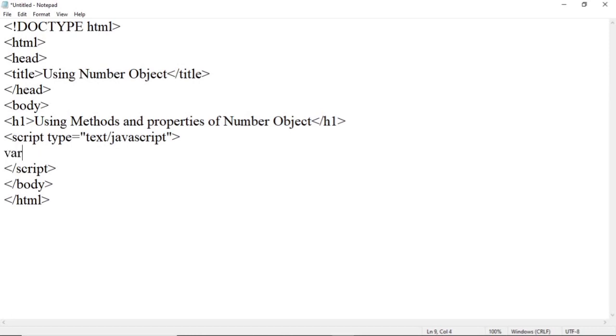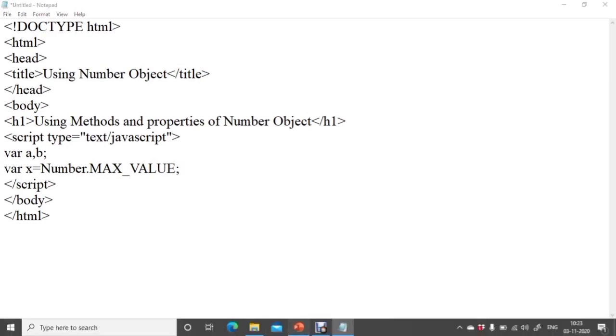First of all, let us declare two variables a and b, and to retrieve a maximum number and minimum number, let us declare two variables x and y. Where x is equal to, to retrieve a maximum number, use the number object. So Number.MAX_VALUE. This is the property that we have seen.